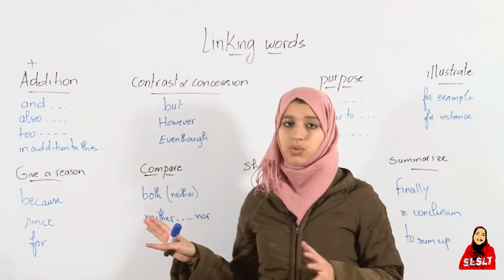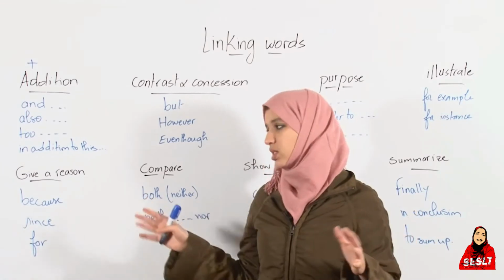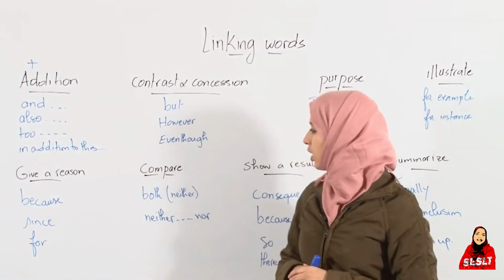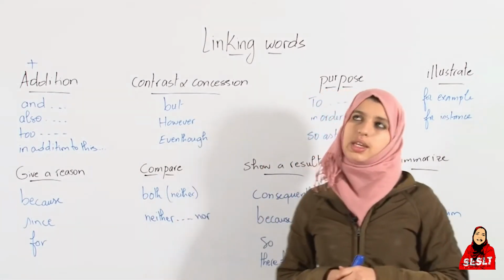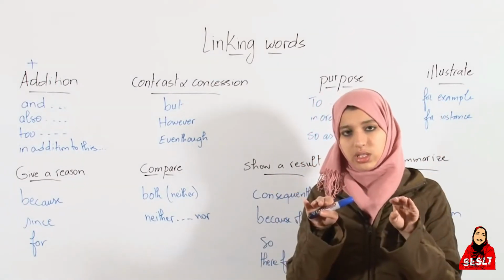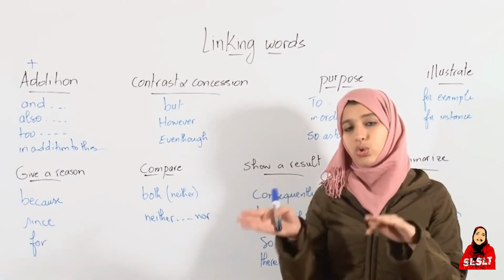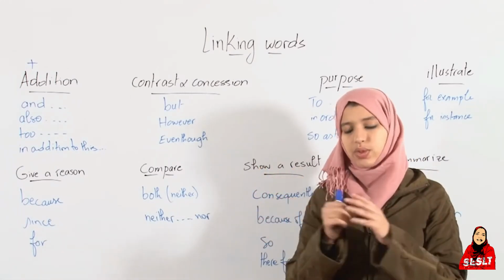It's the same thing with for, okay? You give a reason and you give it like because. It's the same use, okay? Compare. Compare comes from comparison, okay? We compare two things. We can use both, neither, nor, okay? When you compare two things, for example,